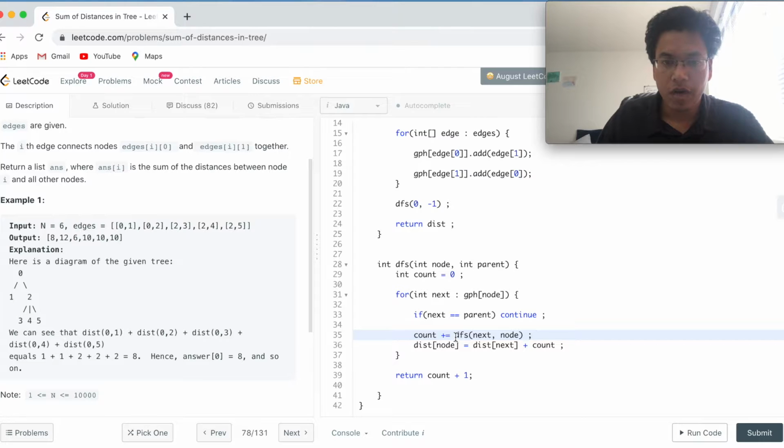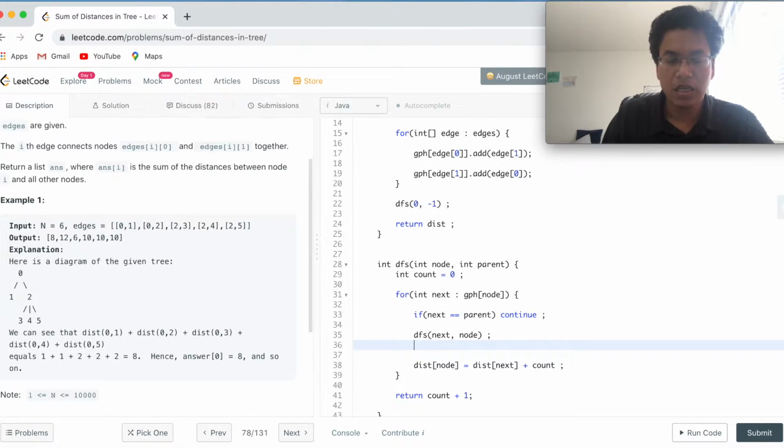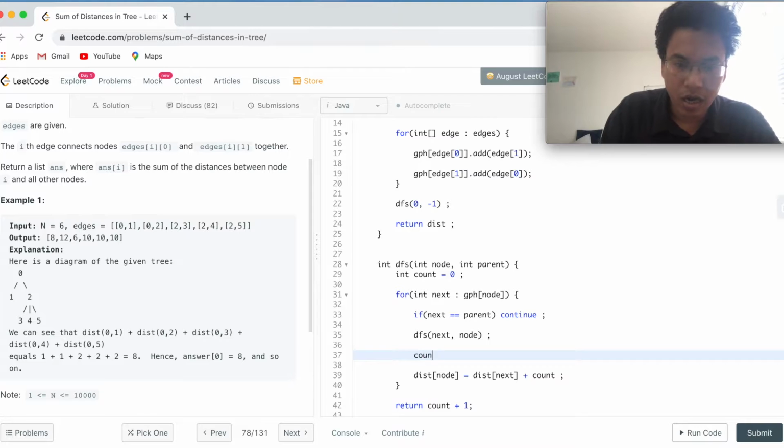So now what I can do here is remove this count from here, and once this DFS method is complete, I can say count of node plus equal to count of next.